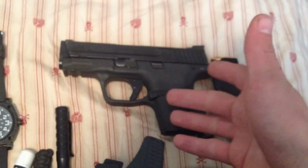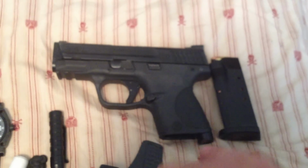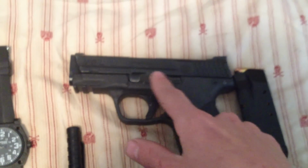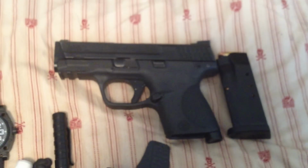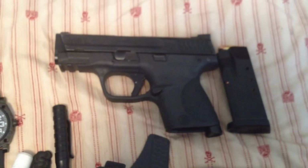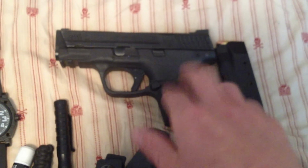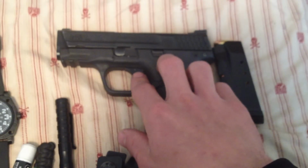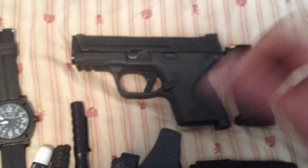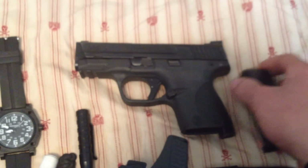Another thing that made me get this over the Shield was, at the time, the AEK parts, like the trigger or all the internals, none of them fit the Shield at the time. I think now they've developed parts that do fit the Shield, but at the time they didn't. And they fit this. Like this, I got the trigger, and I have all the crap in there. Carry a 10-round magazine with Hydroshocks,